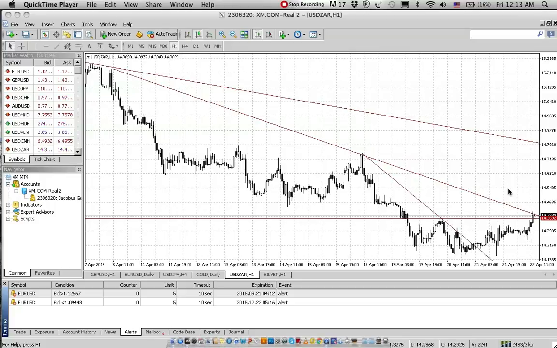So it would be worth our while to just wait it out and see. I'm looking at the 1-hour chart here. Just wait it out and see if the market doesn't perhaps officially break this trend line, which would then obviously offer us the opportunity to go long in the market again and ride it to the next trend line over there. Which would be quite interesting because by the time it gets to that trend line, it would probably have also taken out this level over here, which, according to trading rules, would suggest that the market would then go and look for previous higher highs and take them out as well.